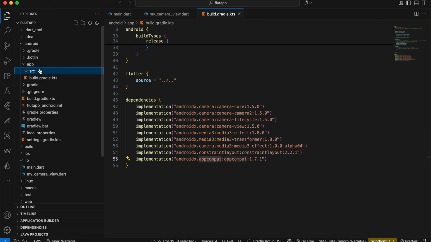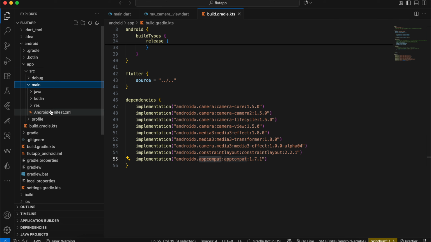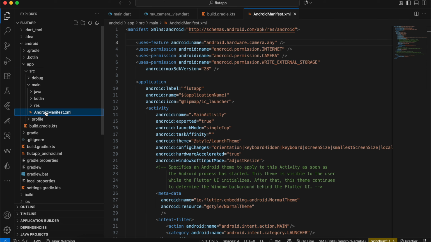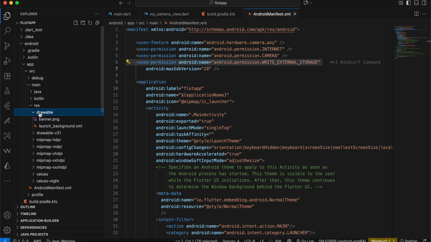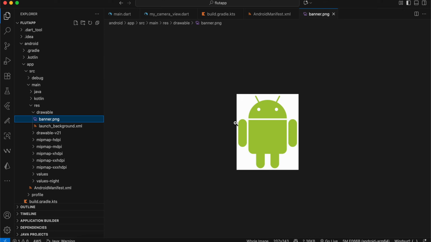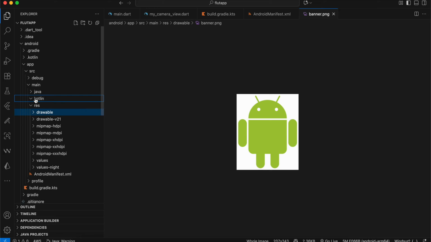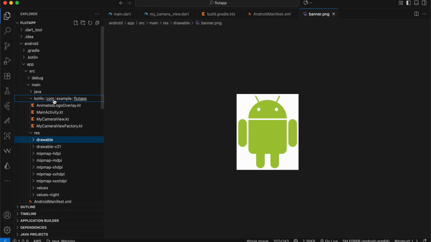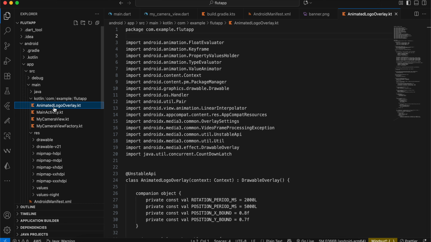Then go to src, then go to main, go to AndroidManifest.xml, and here you need to add this uses-feature of Android hardware camera, camera permission, as well as write external storage permission. Then go to res, drawable, and here inside drawable you can add your own image, whatever you feel like. Here I have added this Android logo, so whatever you want to use as the animated overlay, you can add it over here inside drawable. Then go to kotlin, then inside com example flutapp, first you need to create this particular